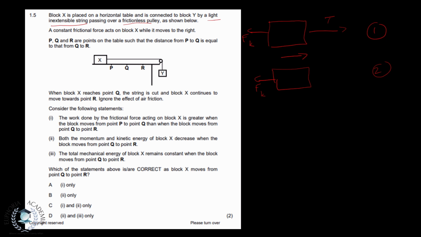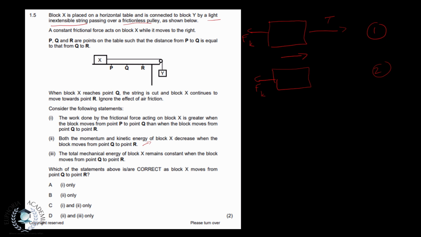Statement 1, the work done by the frictional force acting on block X is greater when the block moves from point P to point Q than when the block moves from point Q to point R. Okay, and then both the momentum and kinetic energy of block X decrease when the block moves from point Q to point R. Now, reading this, I can tell you that this, to me, reads as more correct, because when we move to the right,